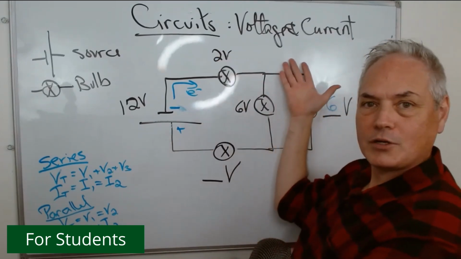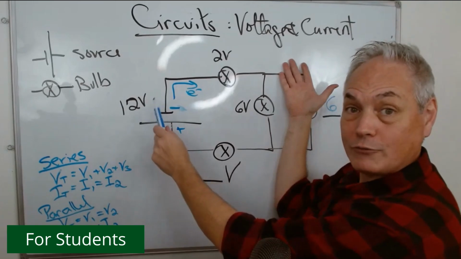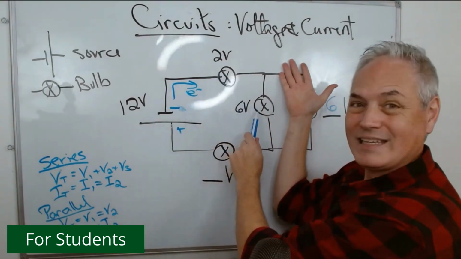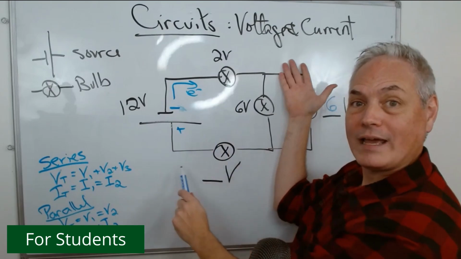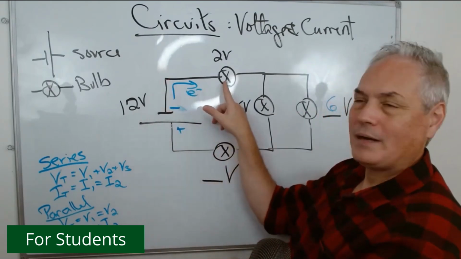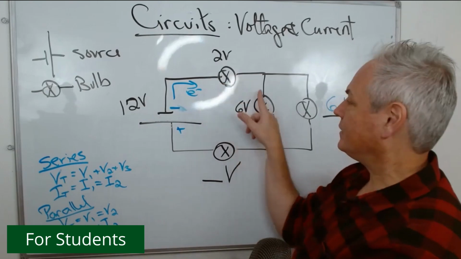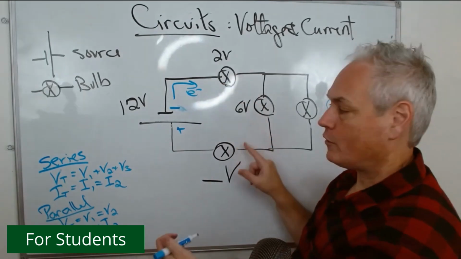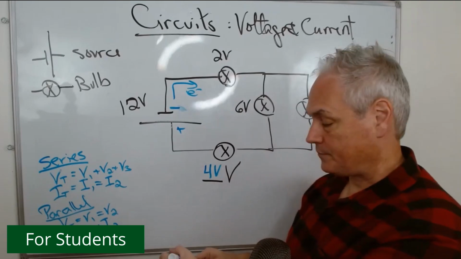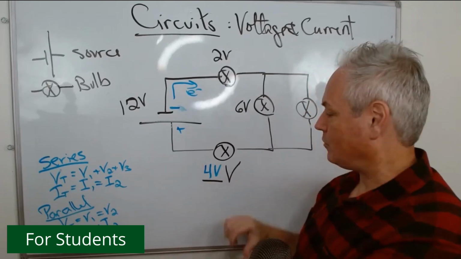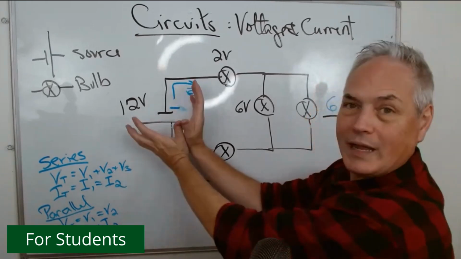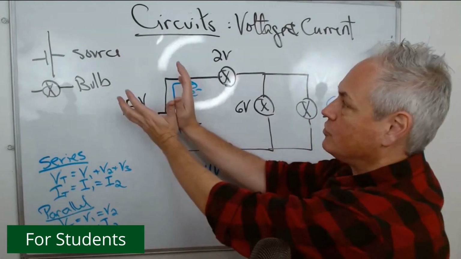Now, if I hide this part right here, and I know that the electrons have 12 volts here, and I drop 2 volts here and 6 volts here, how many are left before we go back to the source? 12 minus 2, we have 10 left, minus 6, we have 4 left. Therefore, we have 4 volts here at the last bulb. If you look at the journey of the electrons, we have 12 volts here for all the electrons,